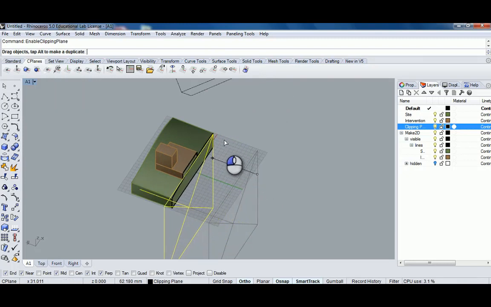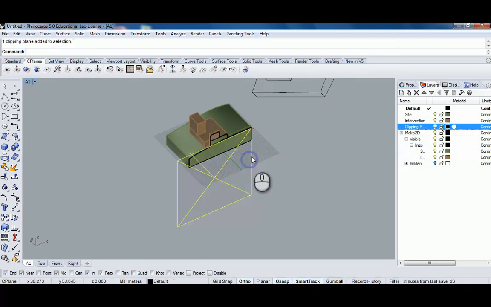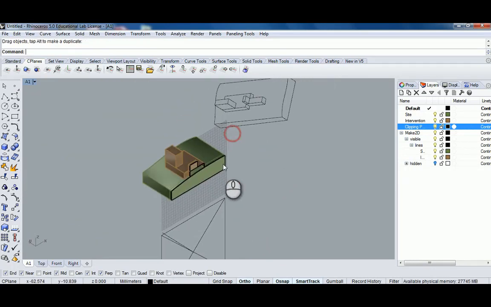And let's move our clipping plane towards maybe this area of this model here, so there's some interest visually in the breakdown of the shapes. Okay, so now I can go back to my A1 view, say,